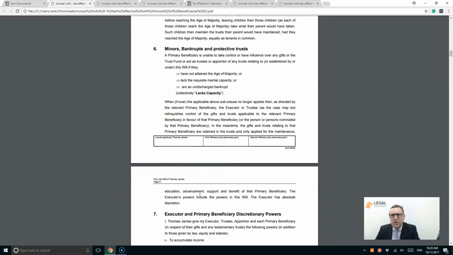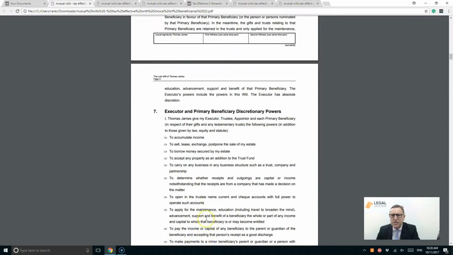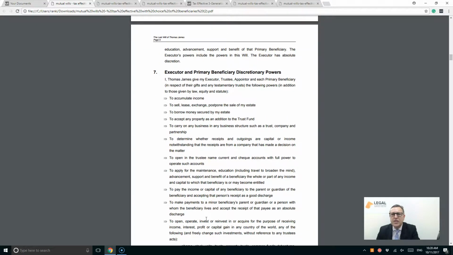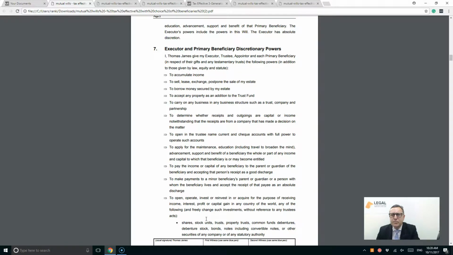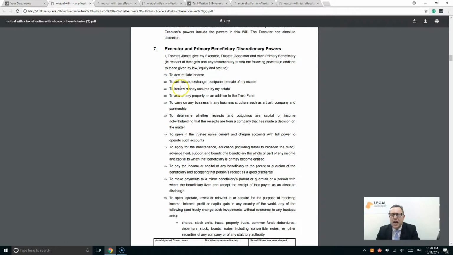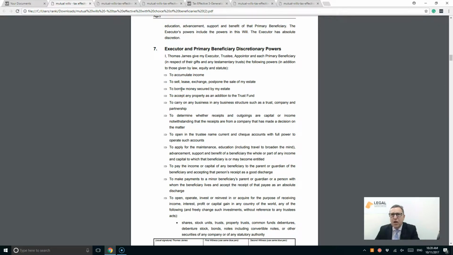Drugs and things like that, it's a very useful mechanism to protect your children. Now, Clause 7 deals with the executor's powers. And these are the powers. Remember, the Testamentary Trust can go from the date of your death, from the date of your client's death, for